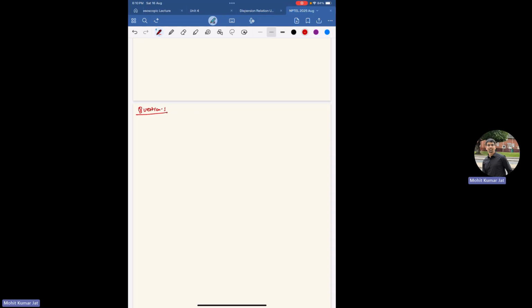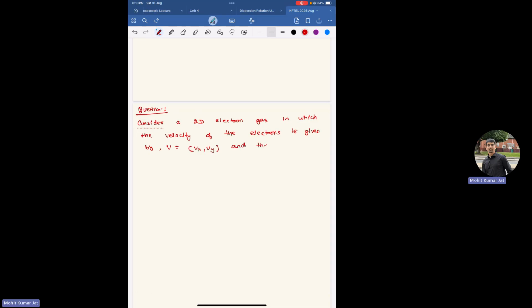It says, consider a two-dimensional electron gas in which the velocity of the electrons is given by v equals x component and y component, because in a two-dimensional gas carriers can't move in the z direction,